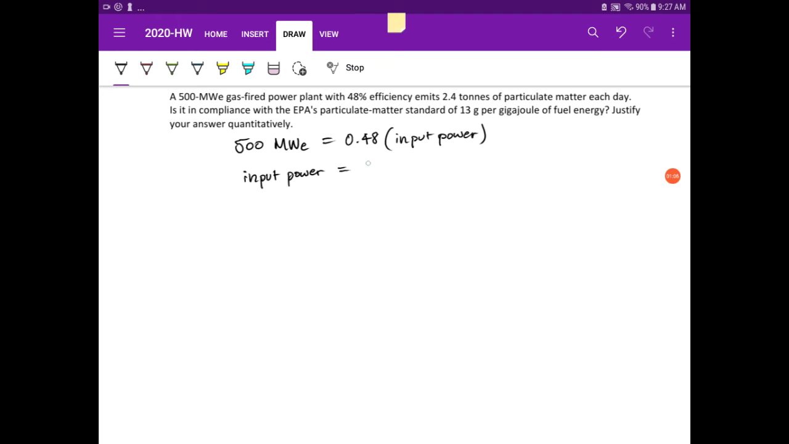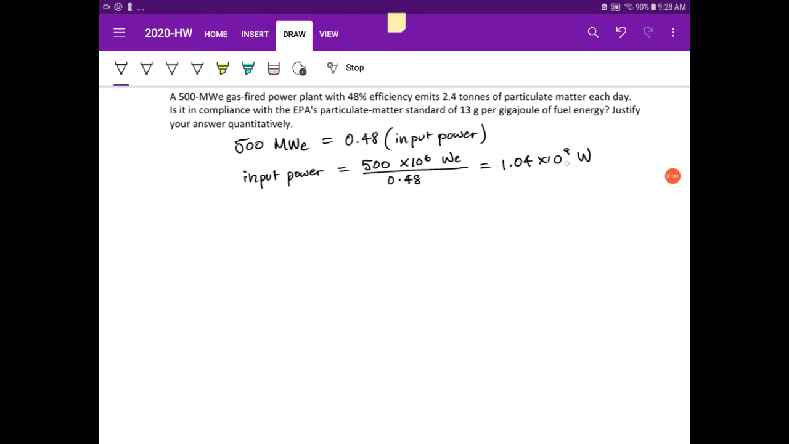So that's 500 times 10 to the 6 watts of electricity, divided by 0.48, and that will give us 1.04 times 10 to the 9 watts. And no longer E because this is the input power. Okay, so that would be joules per second, but we're asked about a particular amount of particulate matter that's put